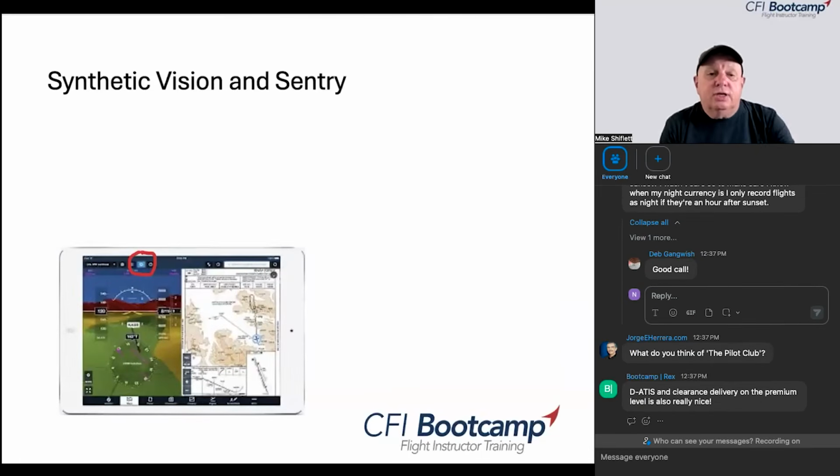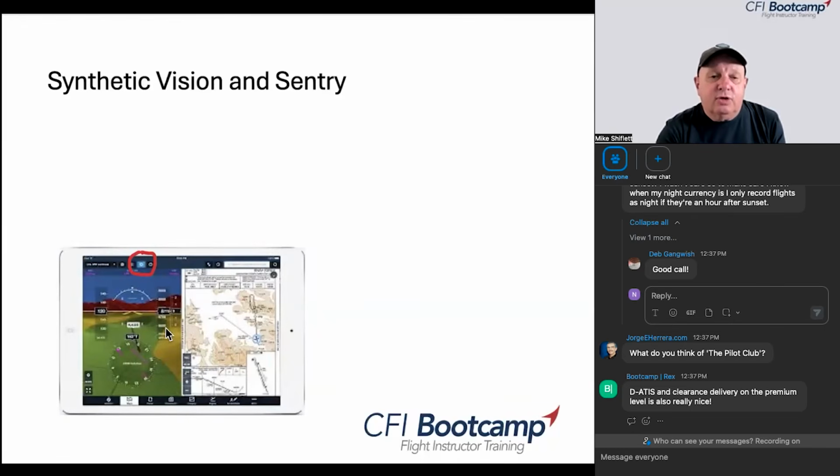Now, synthetic vision looks like this. If you are flying IFR and you don't have something like Sentry, which you'll see in a second what it has in it, it's basically another navigation system for you, with AHRS, attitude heading reference system, ADS-B, and GPS. If you don't have that, I think you're crazy, because when things fail, this can be your lifeline. When the entire electrical system fails on the airplane, you're still going to be able to get on the ground, right? So this is what it looks like, and it's synthetic vision, so it's color coded